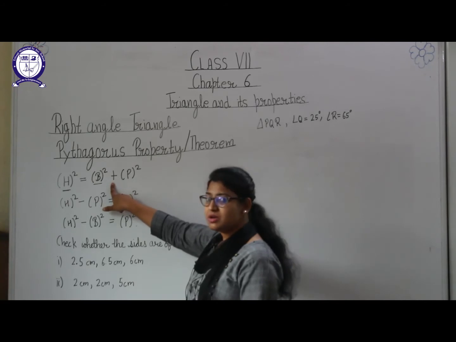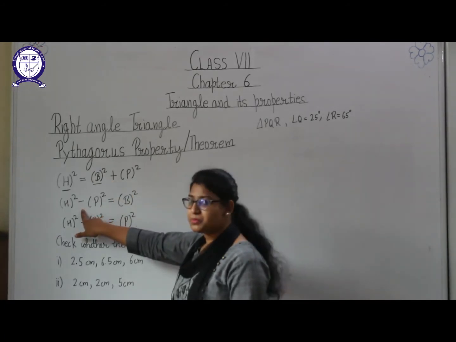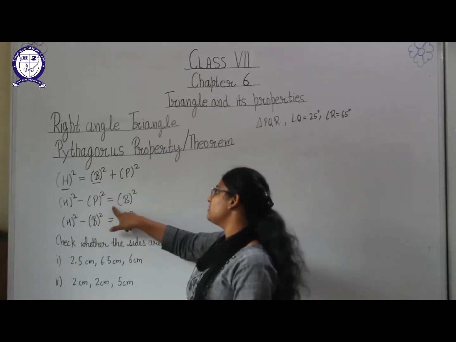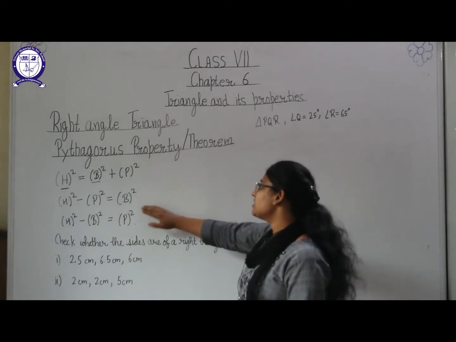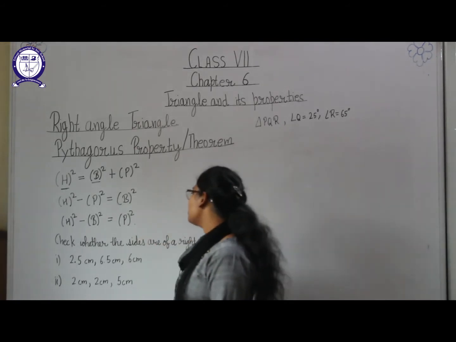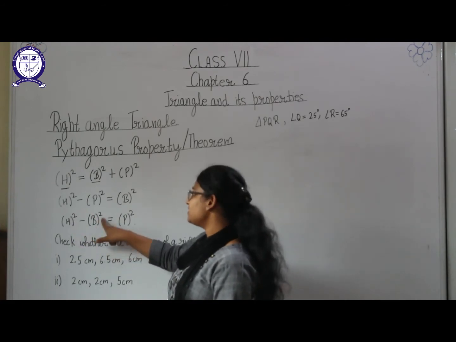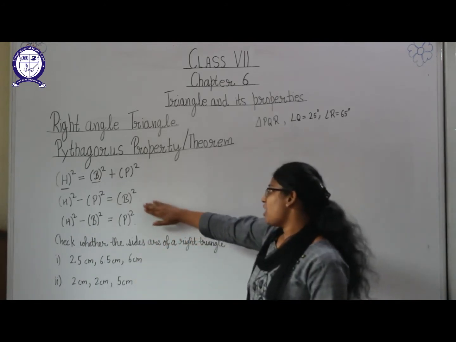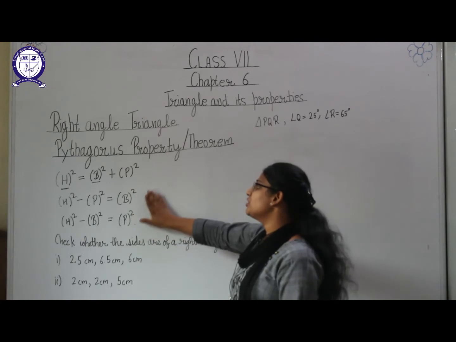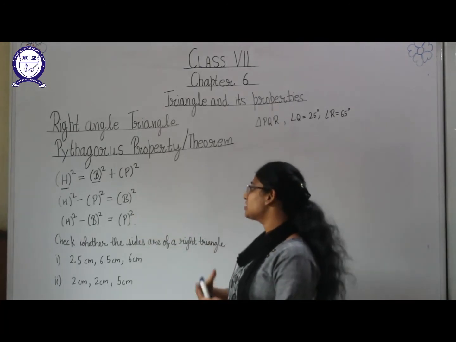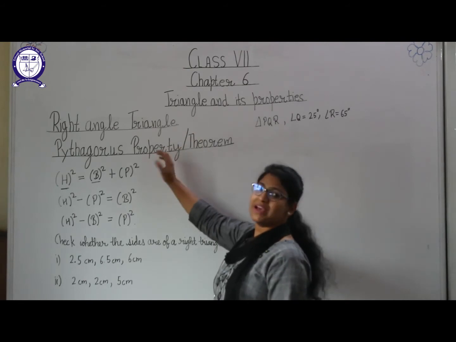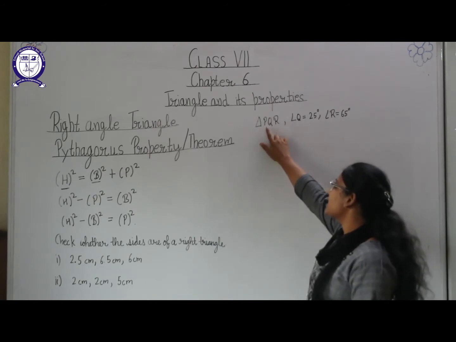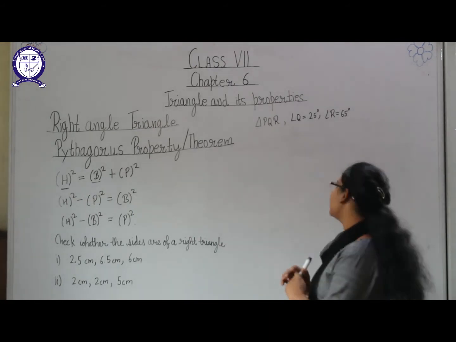Here the perpendicular is in addition, so here it will be subtracted from hypotenuse square. So hypotenuse square minus perpendicular square will be equal to base square, and same in the case of perpendicular square. For perpendicular square also, if we subtract base square from hypotenuse square, we will get perpendicular square. So students, if you have to calculate base or perpendicular, you can use these two formulas which come only from the Pythagoras theorem.